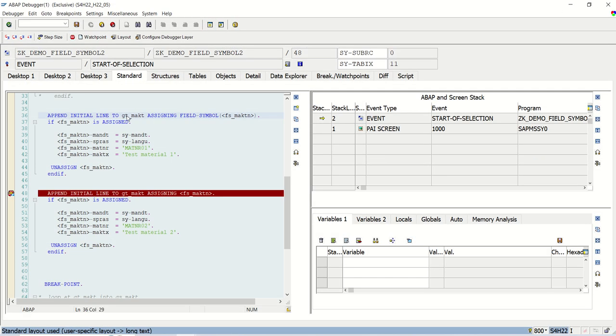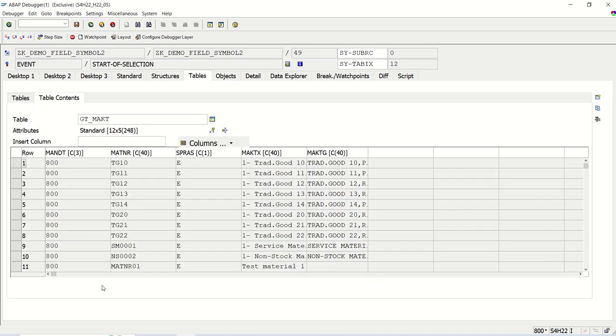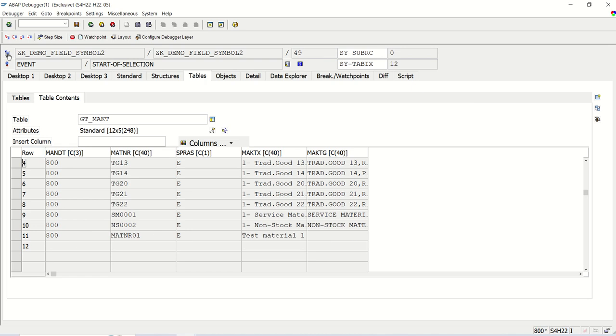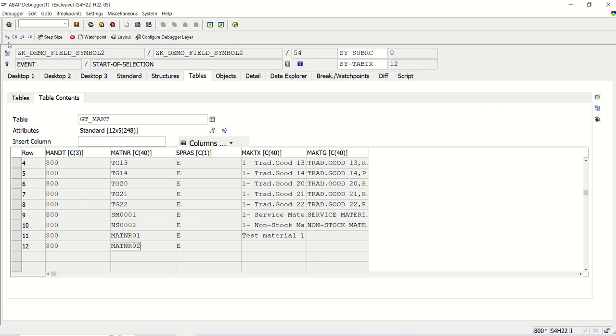Now we should have the 11 records here, because this syntax is already executed. If I press F6, see the 12th one here. Now we have the 12th record. If I press F5, we can see the client, then English, then MATNR 02, and then material 02. If I press F8,